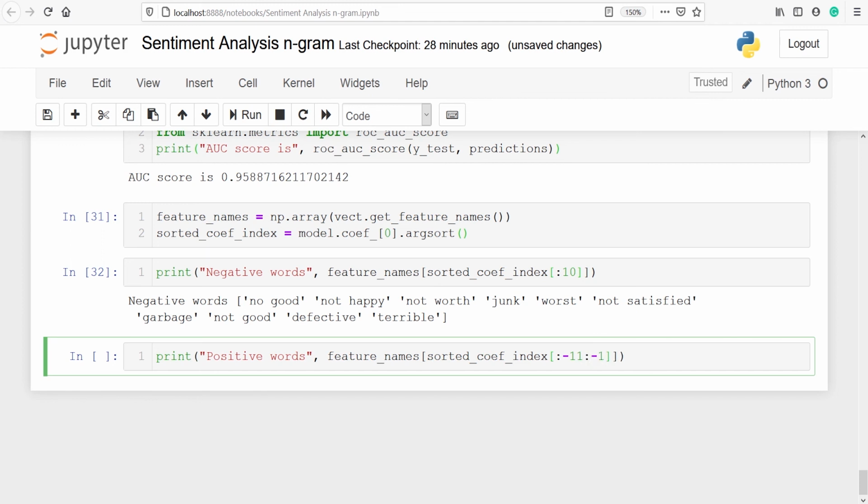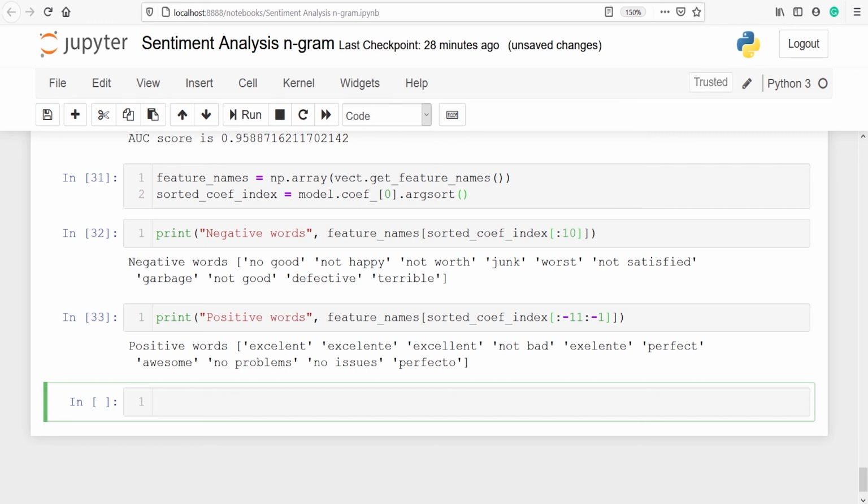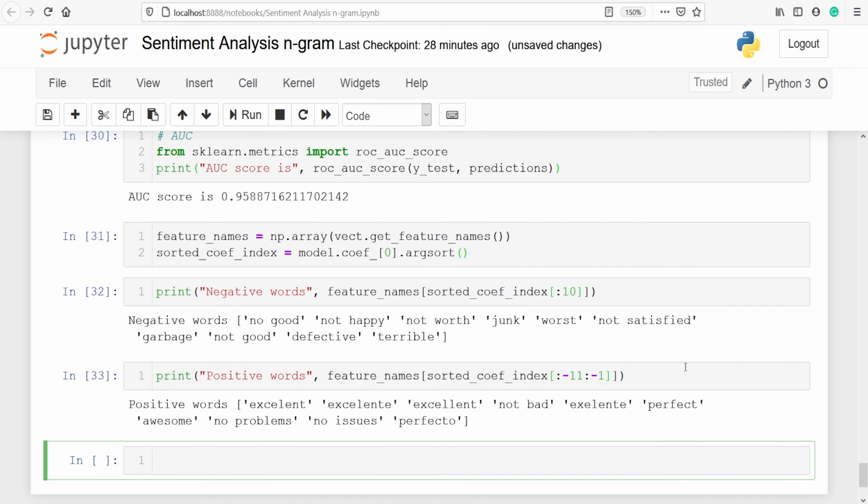Let's execute our code. In the output you can see we got some words, and these are the positive words. The positive words are excellent, excellente, excellent, not bad, excellent, perfect, awesome, no problems, no issues, perfecto. All these words are positive words, and all the above words are negative words.